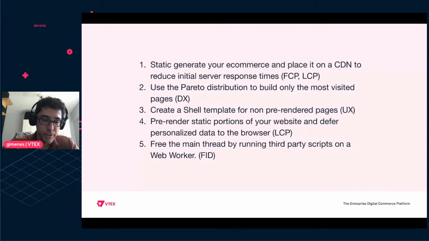Okay, so to summarize what I showed you guys today, we have 5 performance tips. These tips are: start generating your e-commerce statically and place it on a CDN. This reduces the first response times and improves metrics like FCP and LCP, etc. Use the Pareto-like distribution to build only the most visited pages of your website, so deploy times are really low. Create a shell template for the non-pre-rendered pages, so users visiting those non-pre-rendered pages still have a good